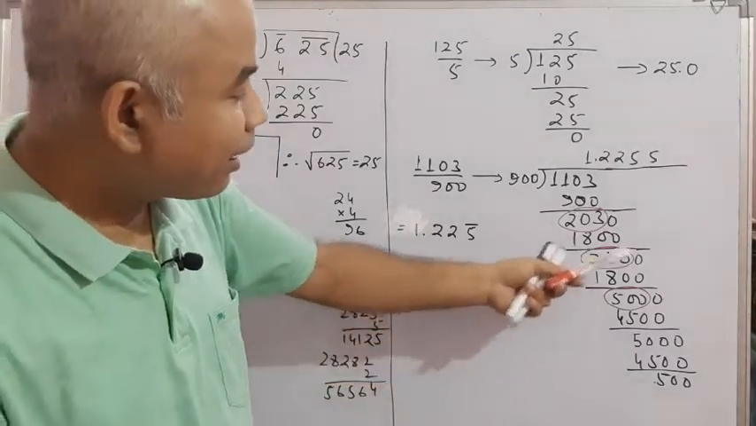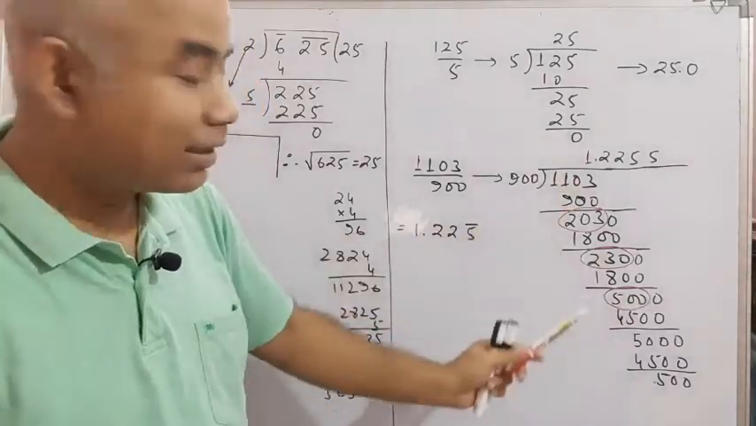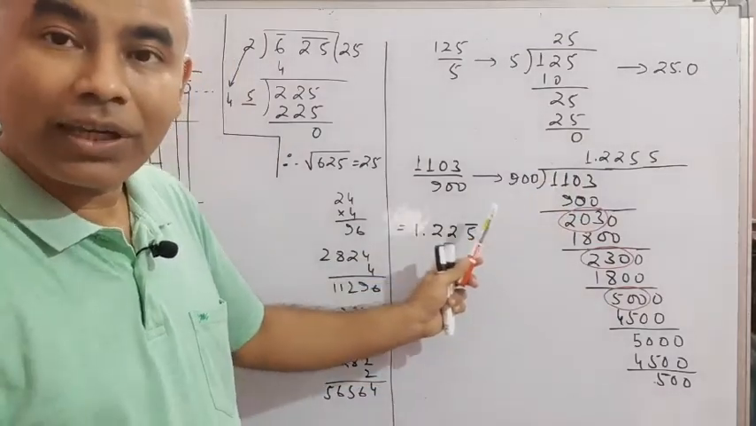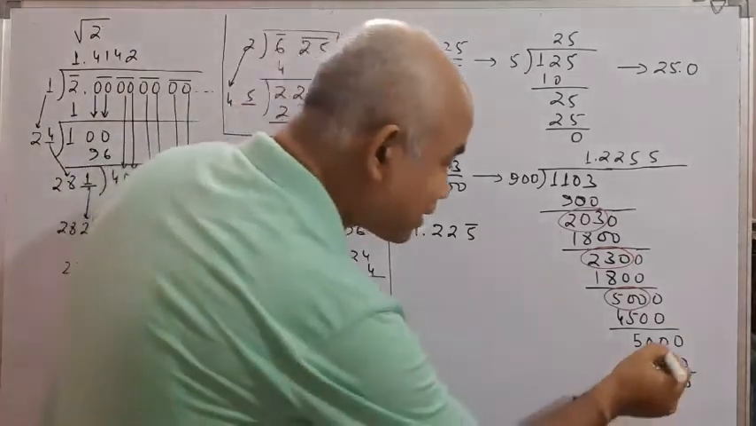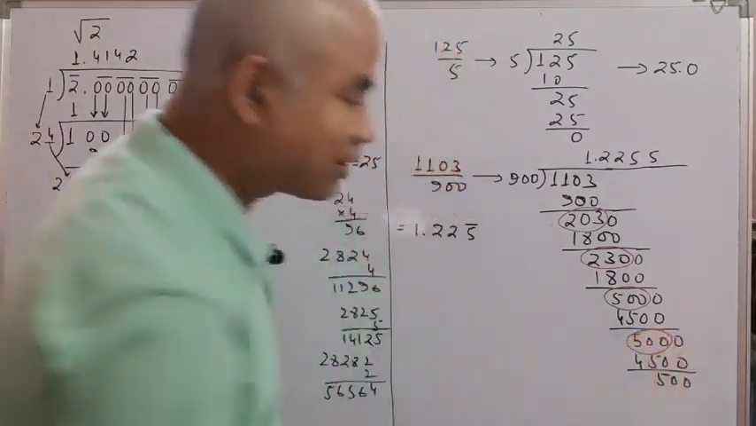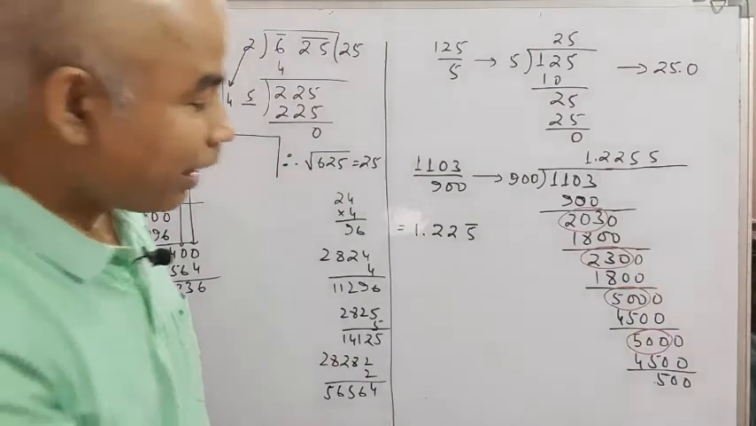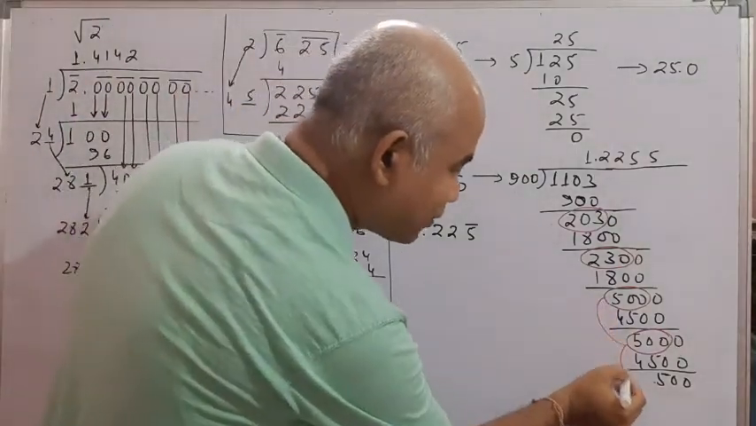So then I again write 0 and do the division. 9 5s are 45, that is why 900 into 5 is 4500. So then what I am getting as remainder is again 500. Again I continue, and again I am getting 500 as the remainder. So here you see,